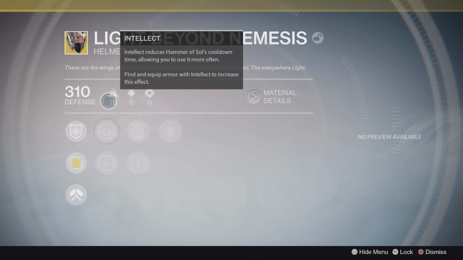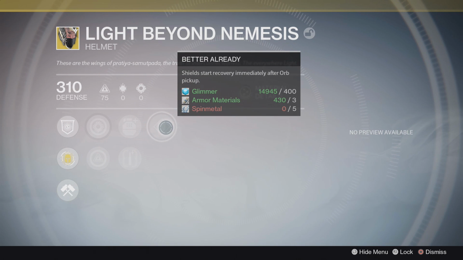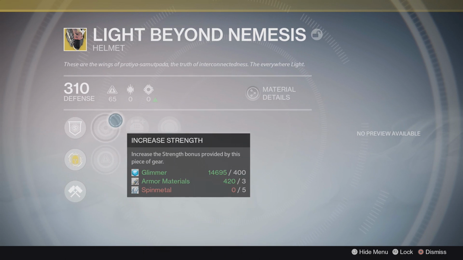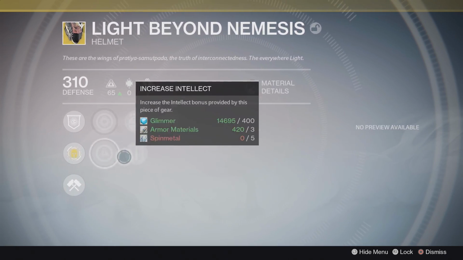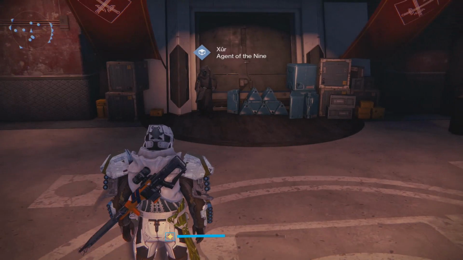75 intellect, that brings it back up. We get same 2 things in this column, and here we get shield start recovery immediately after orb pickup. Not better than what I had before. Let's go for 1 last roll. 65 intellect, drop down yet again. We have infusion, and then we have the exact same perks down the middle. So unfortunately, we did spend 3 of them for no reason at all right there, but